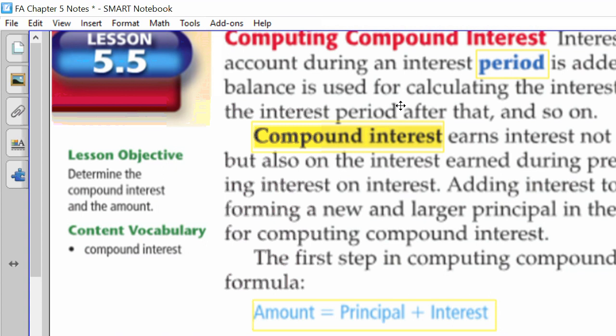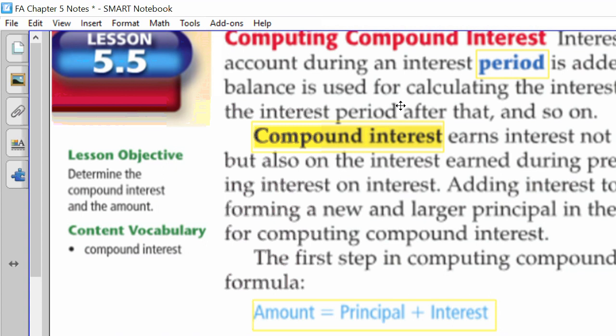So your money is like a little snowball. You start pushing it down the hill, it starts adding and adding and adding, and it gets bigger and bigger before in the end it is a giant pile of money. Compound interest earns interest not only on the original principal, but also on the interest earned during the previous interest periods, earning interest on interest. Adding interest to an initial principal, thus forming a new and larger principal in the next period, is the procedure for computing